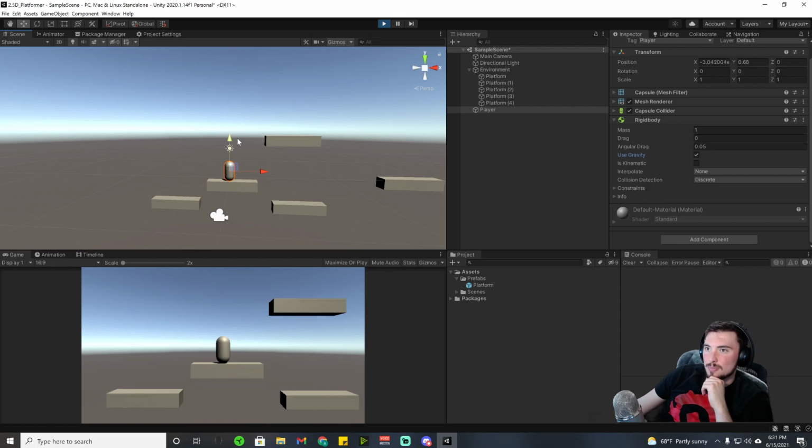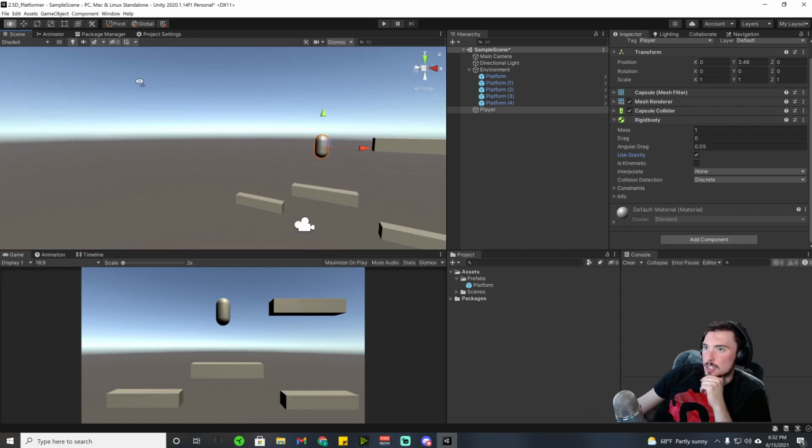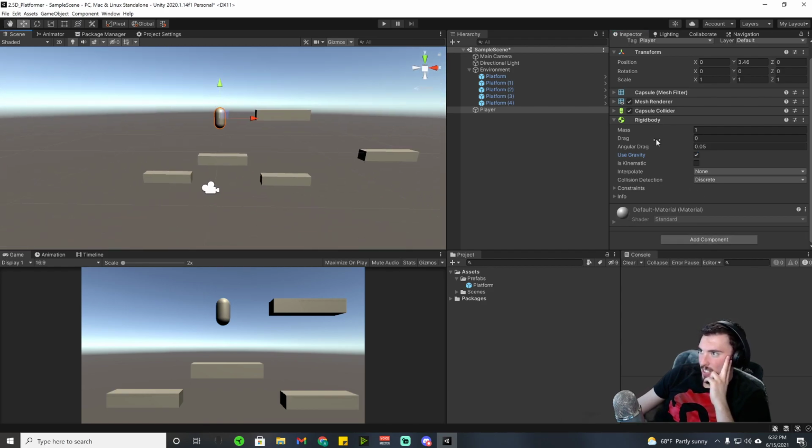That is because of that. These buttons right here are for playtesting. So this is the actual game. You'll see the game views right here. This is the scene view, which is where you do all your design. And then, yeah. So the rigid body is a quick, easy way to add built-in physics that Unity has already